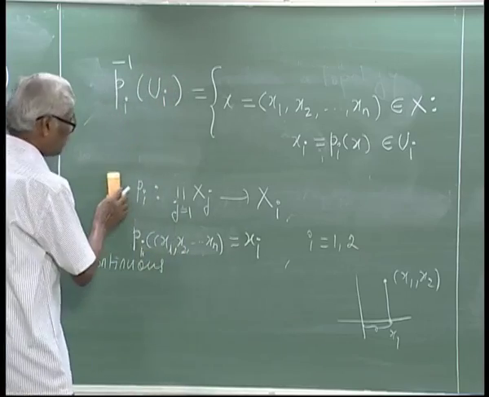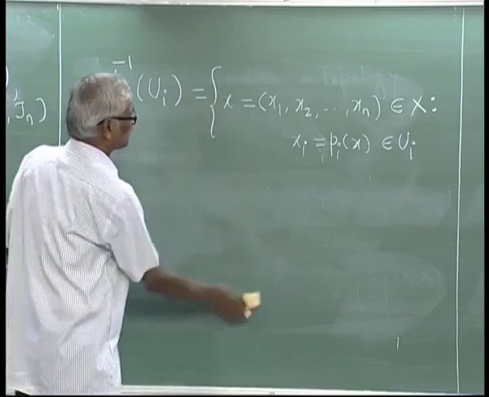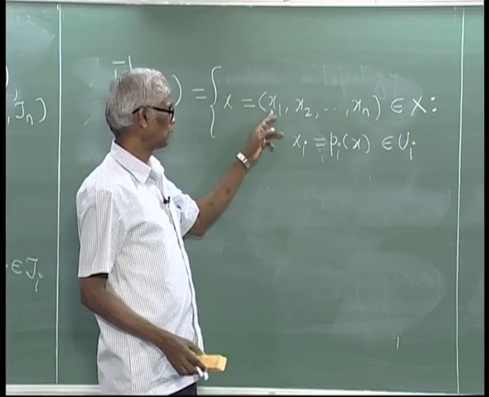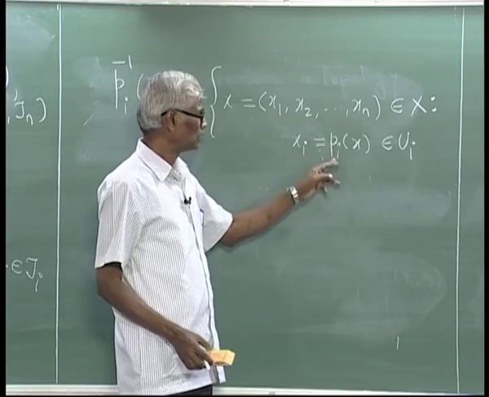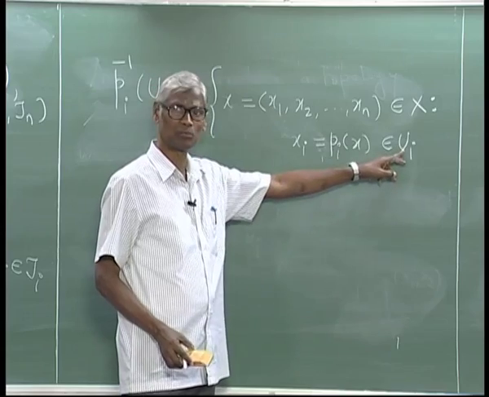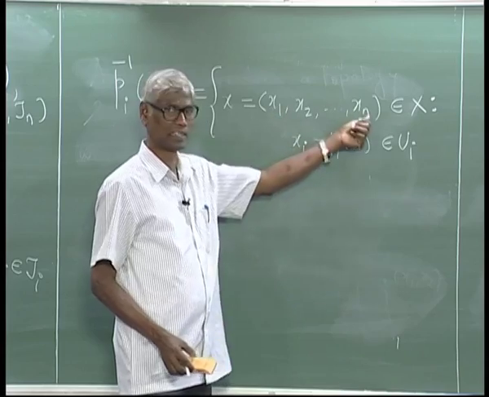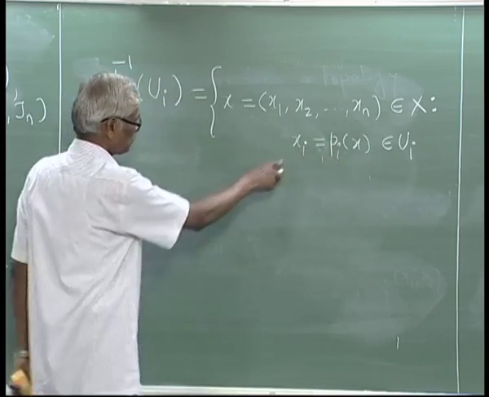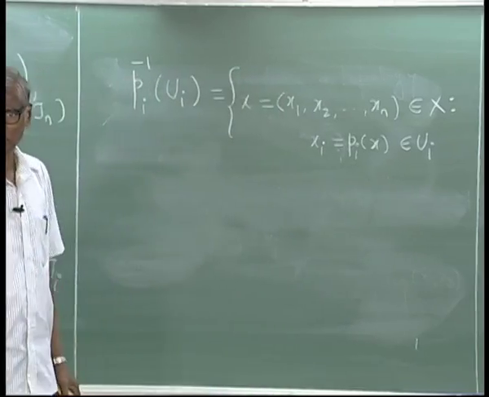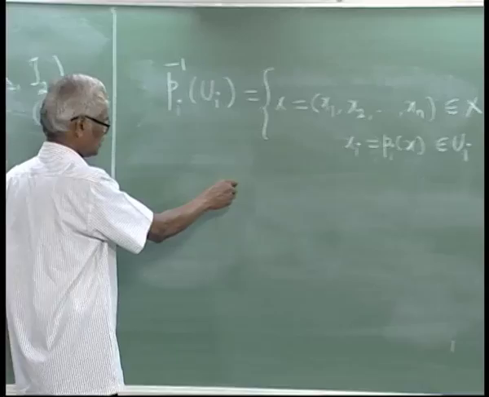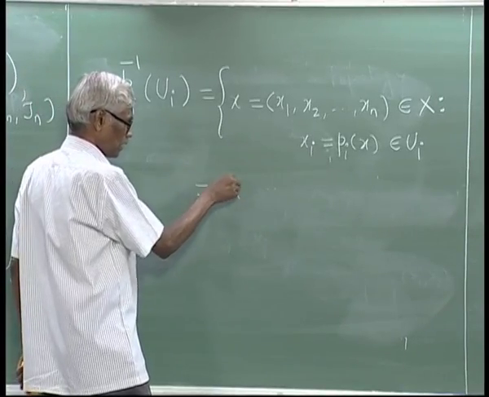So, here we have the collection of n-tuples (x1, x2, ..., xn), the only restriction being that xi should belong to Ui. There is no restriction on the other elements, so other elements can be any arbitrary elements from the corresponding capital Xi. So, this is, see, this is the same as capital X1